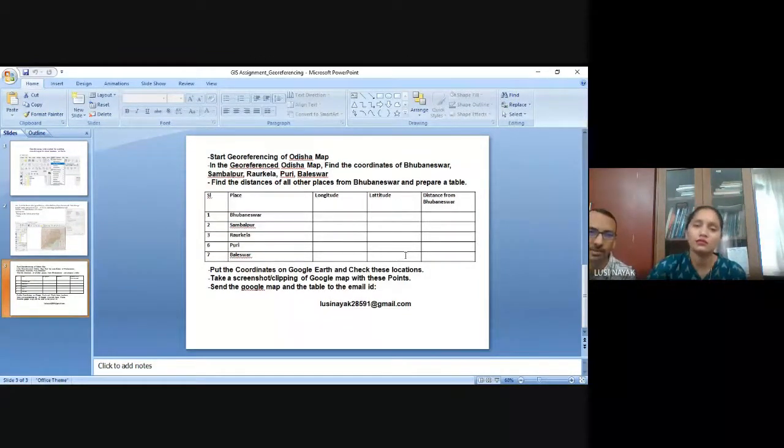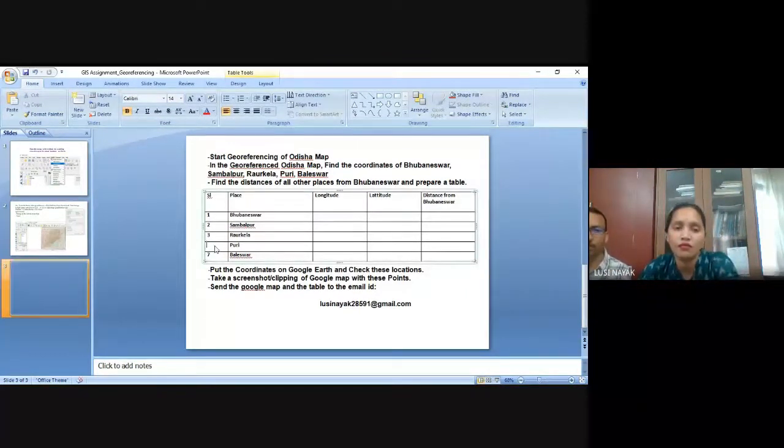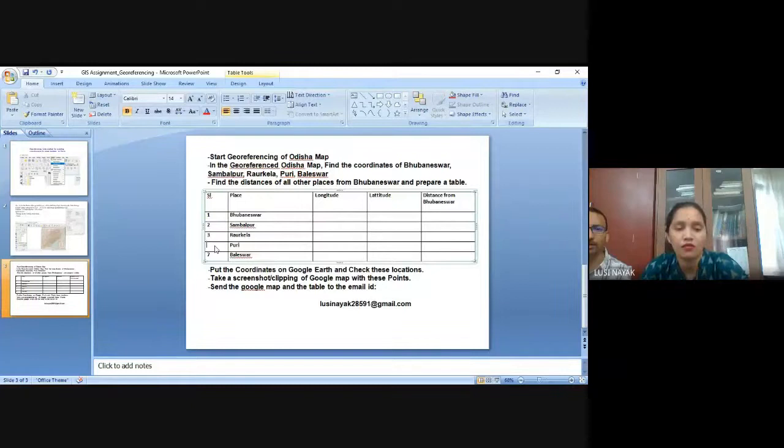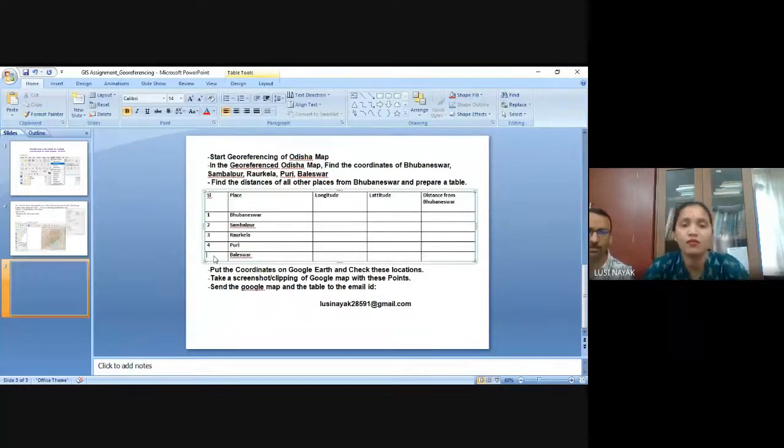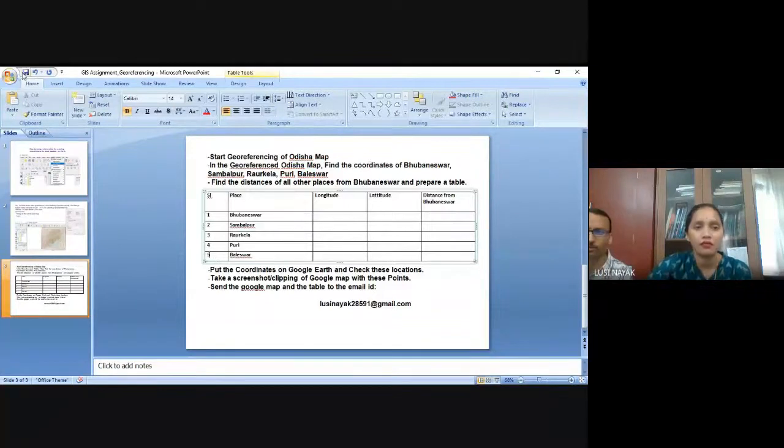The serial number has a little error, so it may be corrected, and you can make it 1, 2, 3, 4, 5. So you have to send this table to us at the end of the day, and a screenshot or clipping of the Google Earth image on which the 5 points should be there.